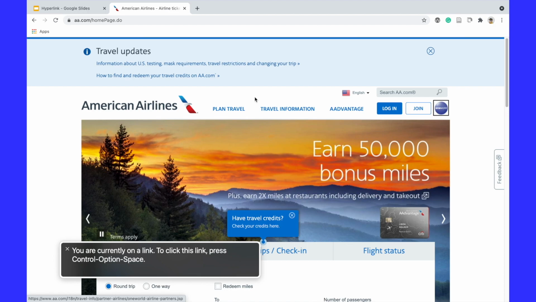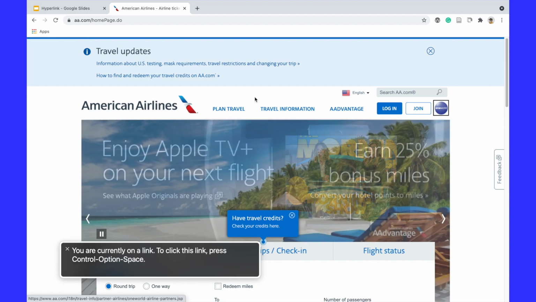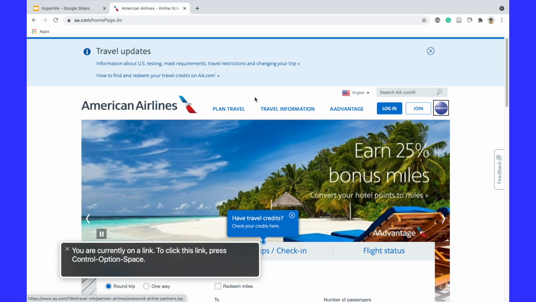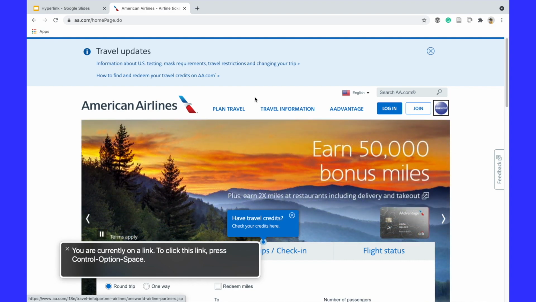So the first thing I want to point out is you can actually see the focus indicator and how it works on a website by using the tab key. If I start tabbing, it will start saying what each icon is that I'm tabbing on. The tabbing should move in a logical order that matches the format of the website, so we'll notice that. And also notice the icon itself. For American Airlines, it's going to be a black icon on a white background, very clear and easy to discern.